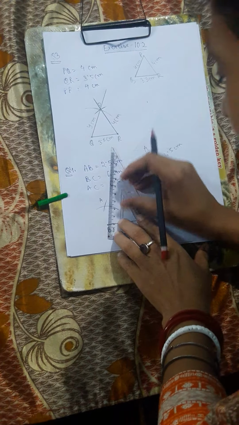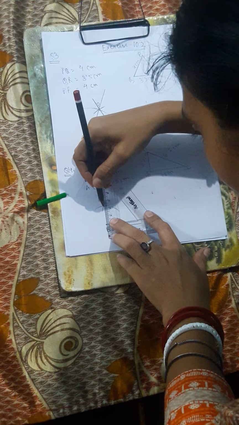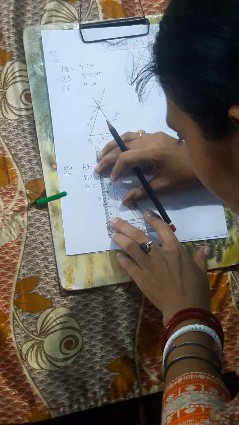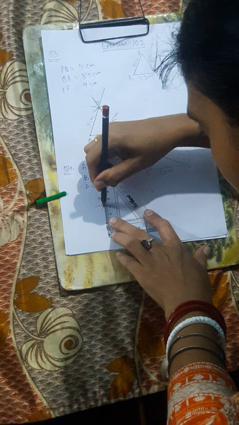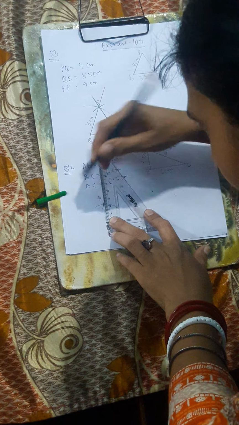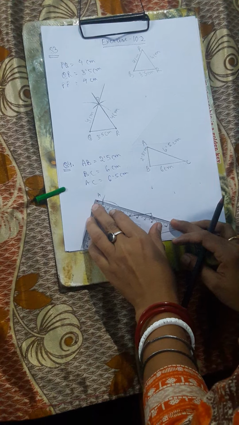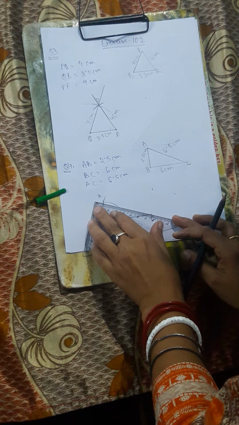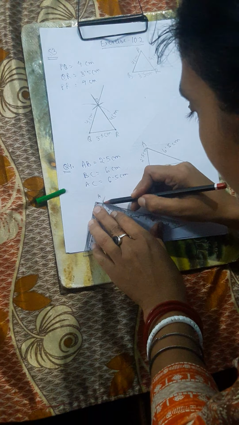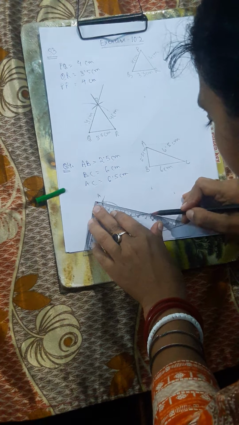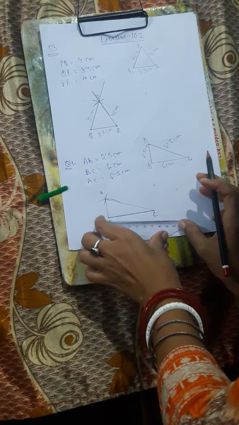Here I will join AB. Let's join them. Be careful while you are putting the dot on the intersection, otherwise your measure might be disturbed. Okay, yes, I got it. Here it is AB, and this one will be AC. Let's add it. From the intersection point, make sure your pencil is always sharp, otherwise you will not get the perfect point. Yes, AC.